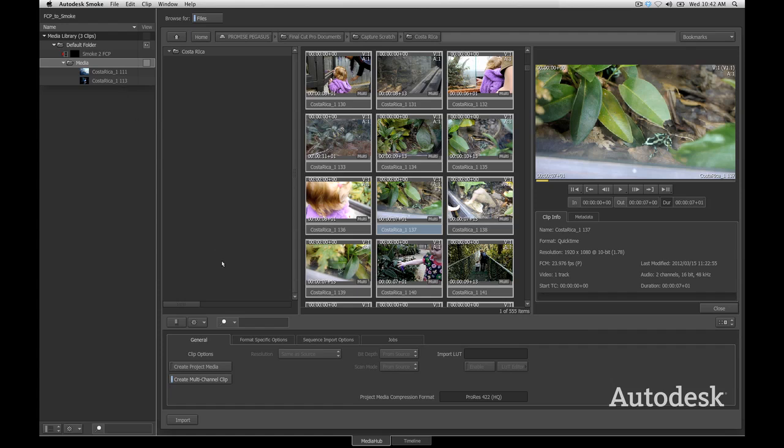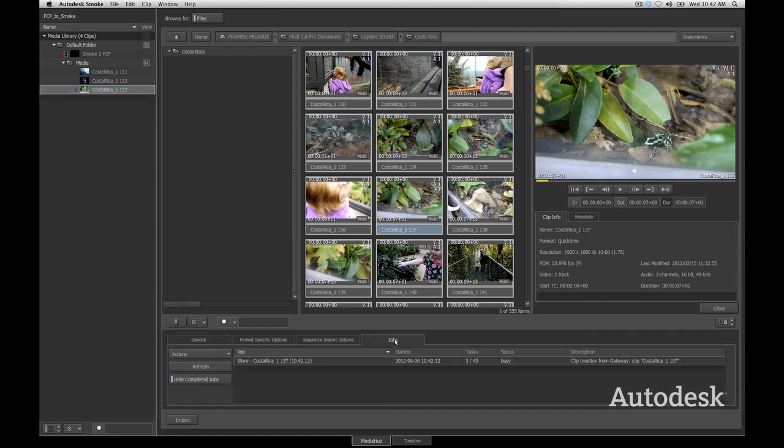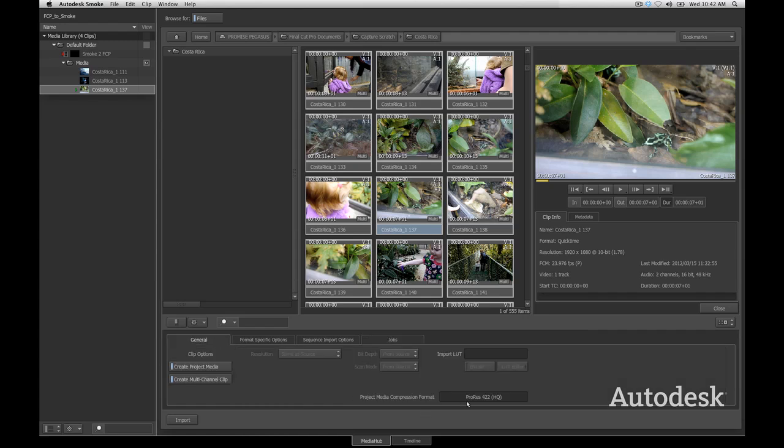If, on the other hand, I decided I want Smoke to manage my media, I can click on Create Project Media and drag any of these files over, and two things will happen. First, that ProRes file is actually imported into the media folder, but a background task is automatically started. If I go to my Jobs menu over here, this file is being transcoded as my previously selected format. If I go back to the General tab, you'll see that my previously selected media compression format was ProRes 422 HQ. So this file is actually being transcoded as a ProRes 422 series of images, and that's what will be